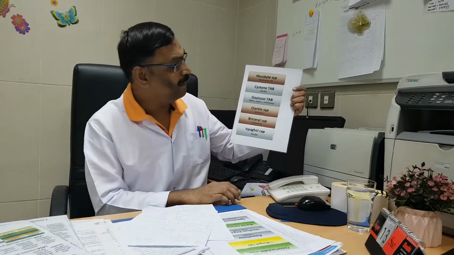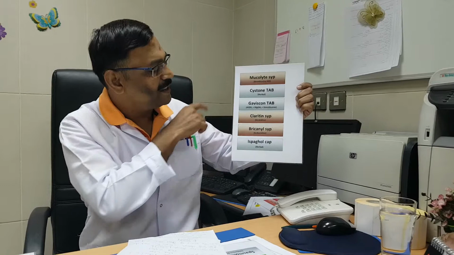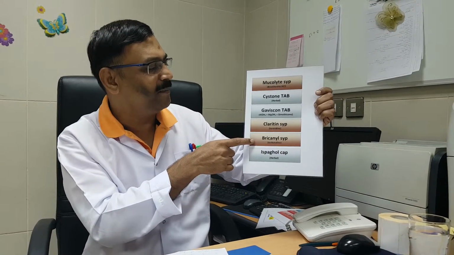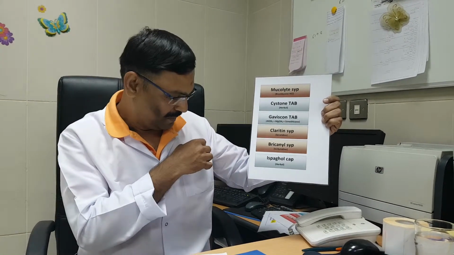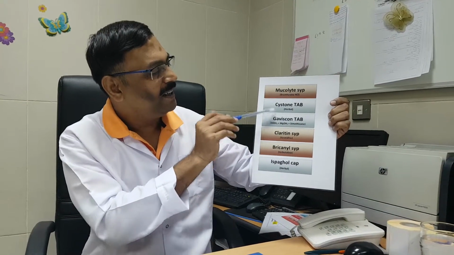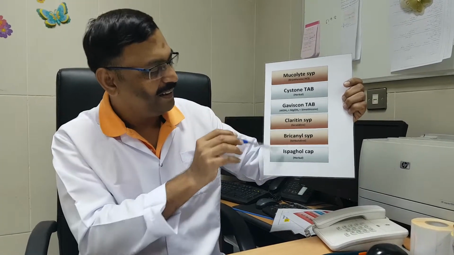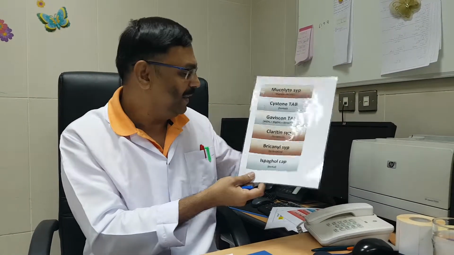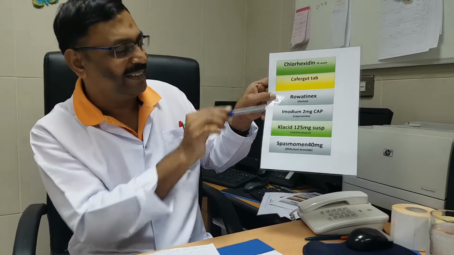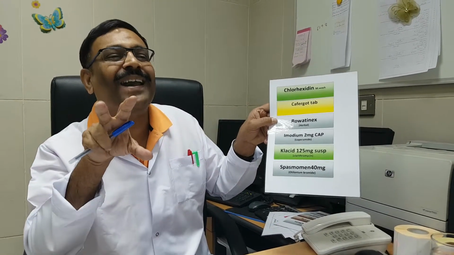So color code is very important. Look at the labels. The drugs acting on the respiratory system are in a different color. Drugs acting on the GIT are in a different color. See the colors of the labels. Color code is very important. Anti-infective agents are in green color. So it is easy to recognize your medicine and to identify it quickly without mistake.